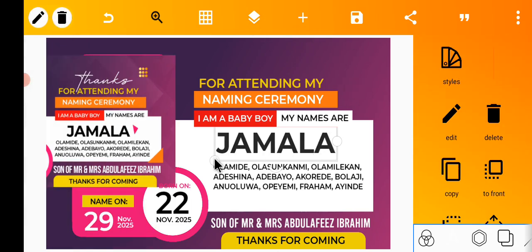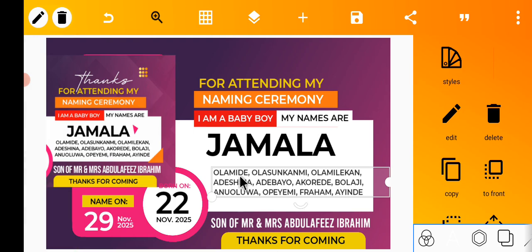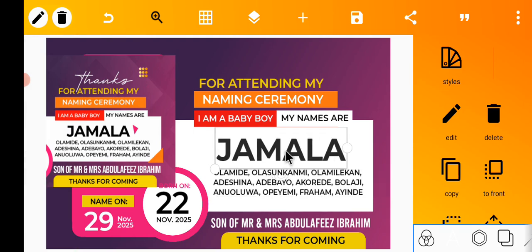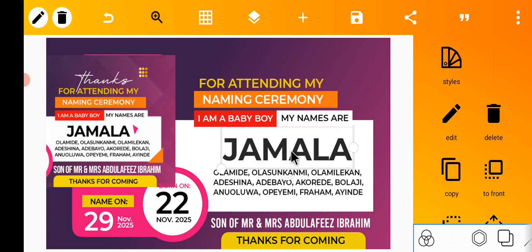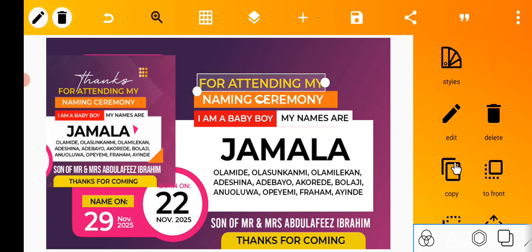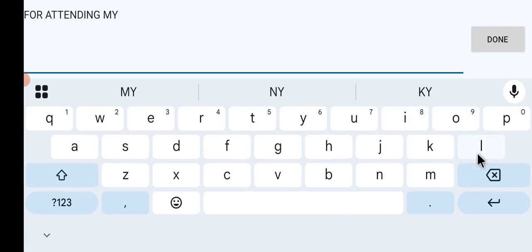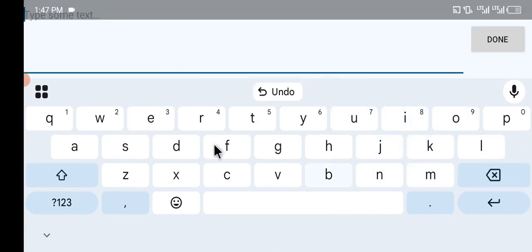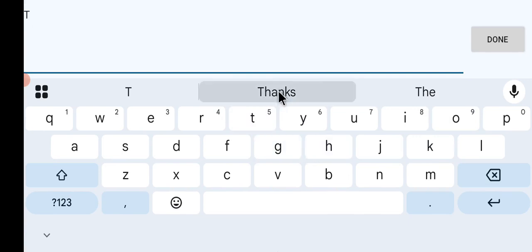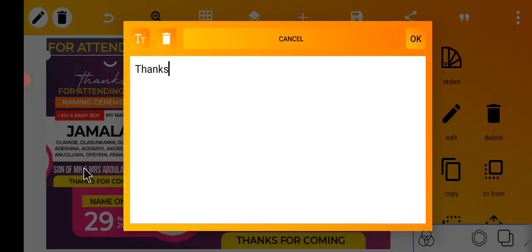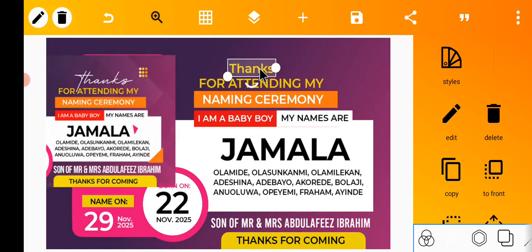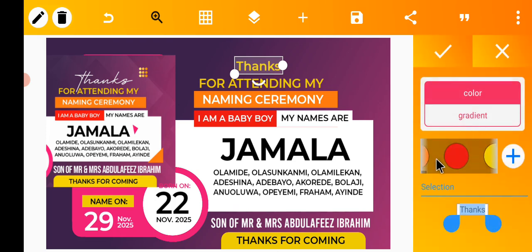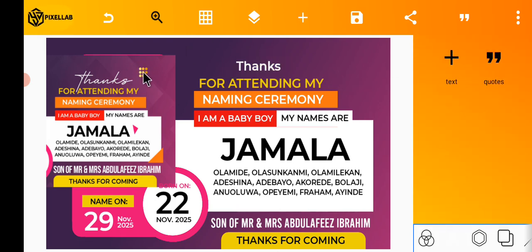Okay, I'm not okay with this, so I'll just scale it a bit up like this. Okay, now I'll make a duplicate of this, copy, and I'll type in "thanks". I'll select this and wipe, then I'll type "thanks". Okay, thanks, then I'll click OK, then I'll position it here. I'll change the color to white, then change the font name. It's actually a scripting font. So before I do that, let's see how we can create this kind of